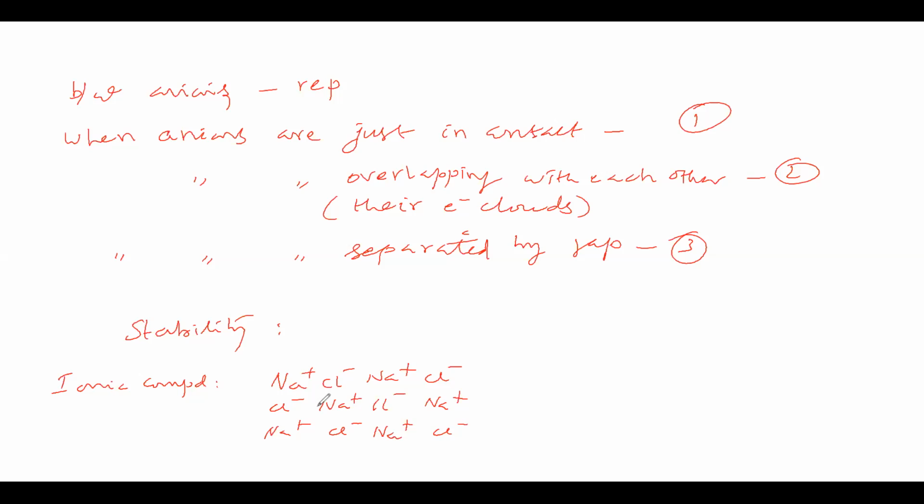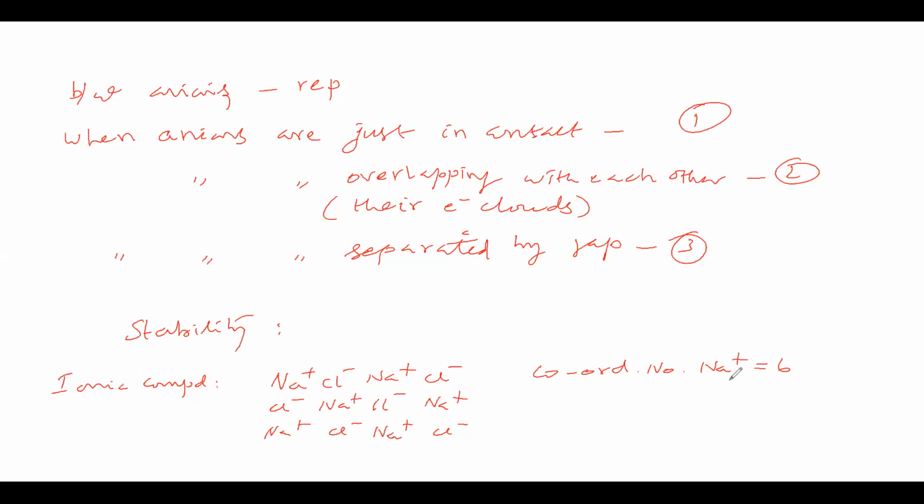Now you see, this cation is surrounded by what? Anions. The cation is surrounded by anions. Even in the FCC lattice you see it. What do we call it? Coordination number. The coordination number of Na+ is 6 in the NaCl FCC crystal. What is the meaning of that? Na+ nearest neighbors are 6 Cl- ions.